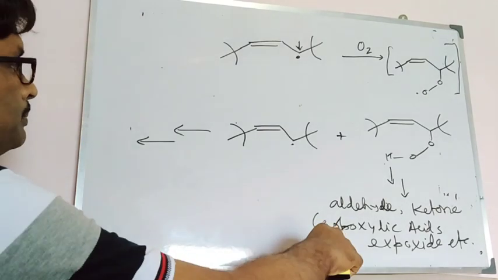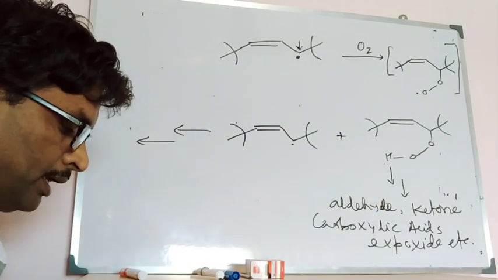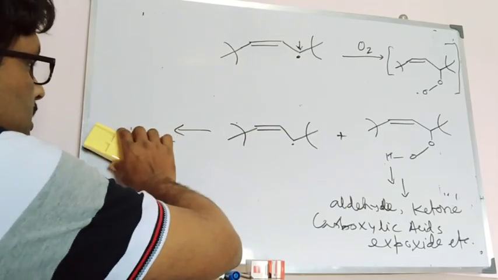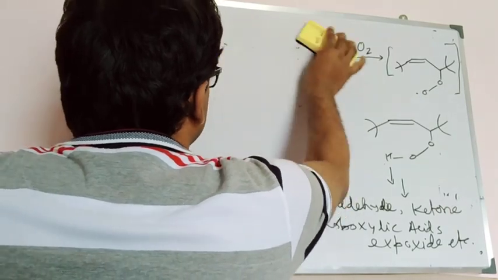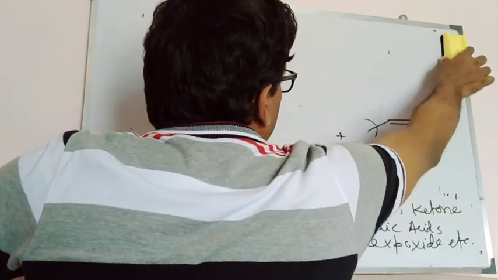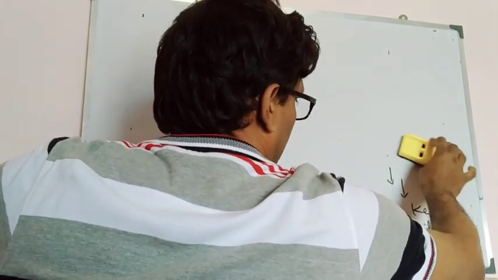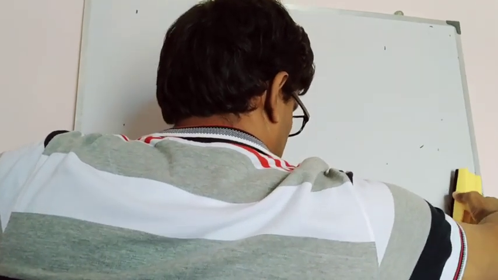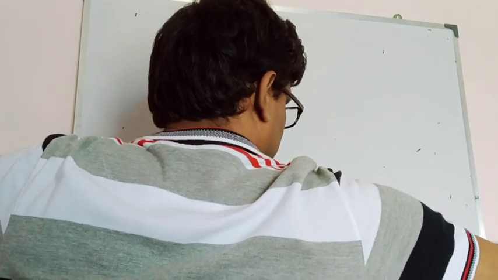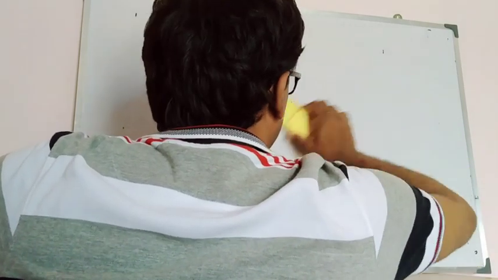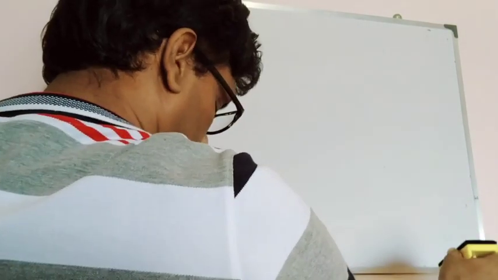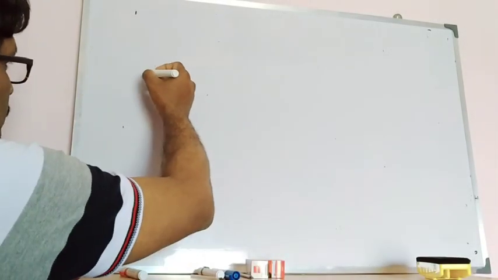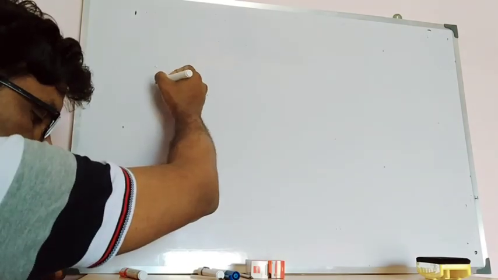So how can we check this rancidity? Now we can check this rancidity by catalytic hydrogenation of oil. Now what is the catalytic hydrogenation of oil? Oil is nothing but containing the double bond, so its melting point will be lower, hence it is liquid at room temperature. So when oil will be hydrogenated, we can take this one as the